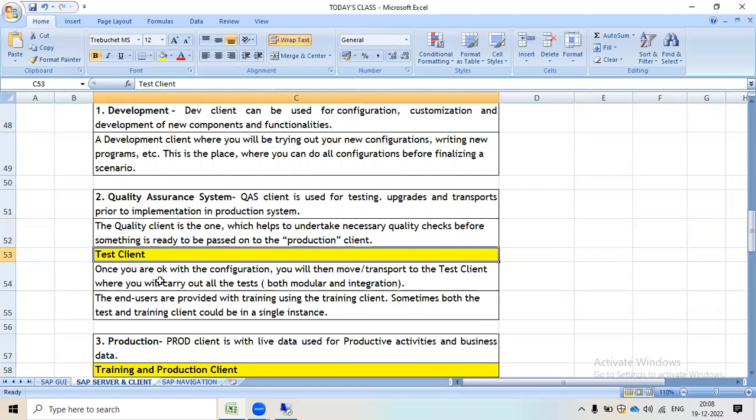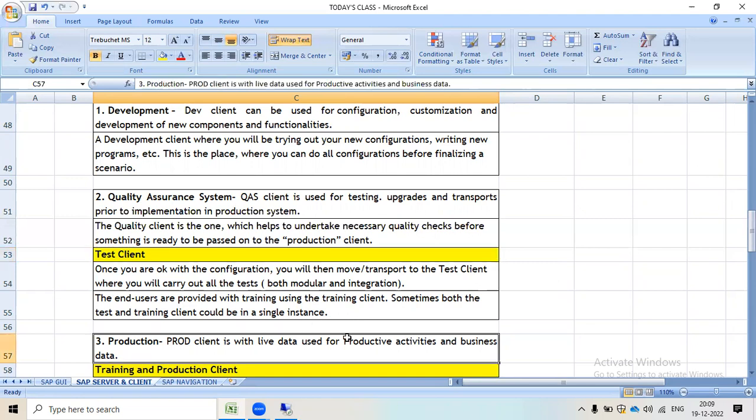Once you are okay with configuration, you will then move the transport to the test client, where you will carry out all the tests, both modular and integration. The end users are provided with training using the client. Sometimes both the test and training client could be a single instance.